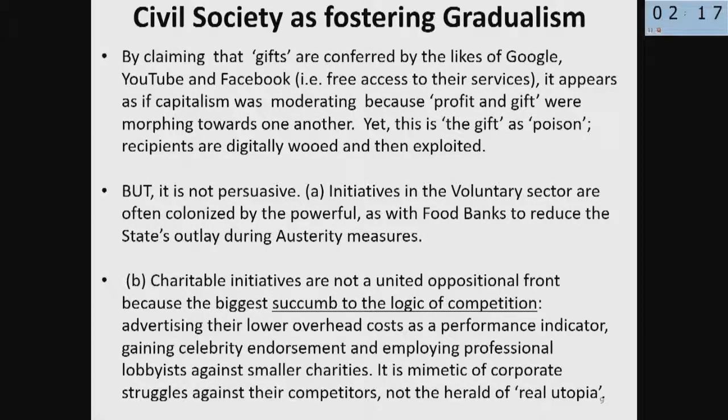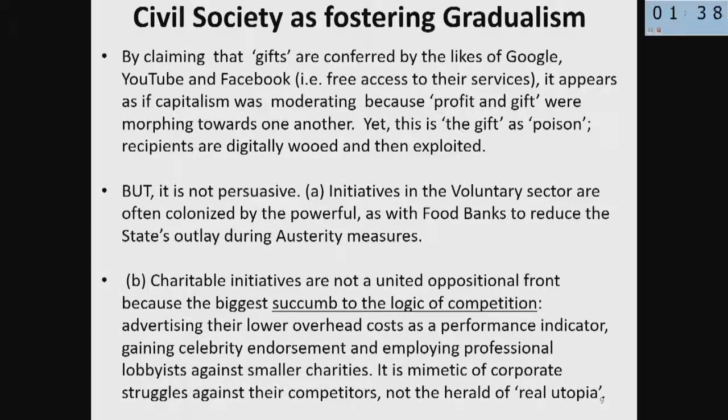They have reduced the state's outlay on welfare benefits and allowed the rolling back of the welfare state, precisely at the time when austerity measures and quantitative easing were in force, but enabled prime ministers like David Cameron in Britain to call workers who used the food banks work-shy. Secondly, charitable initiatives are not a united oppositional front